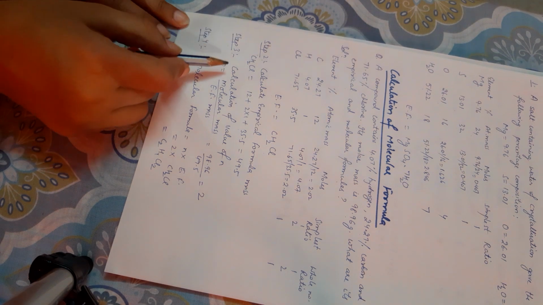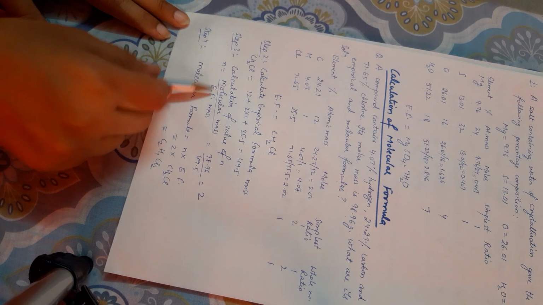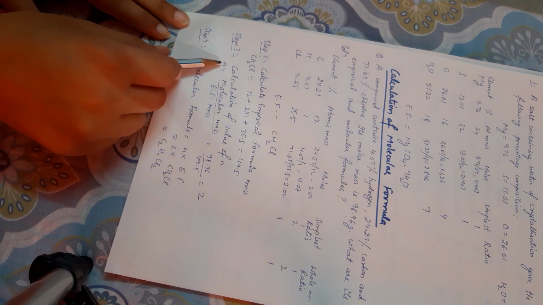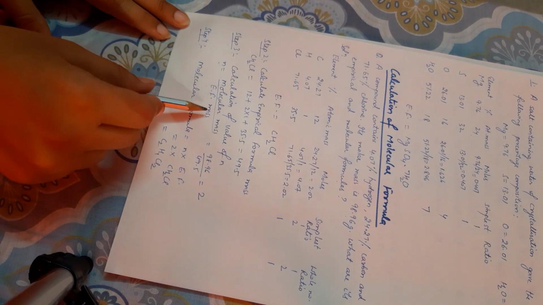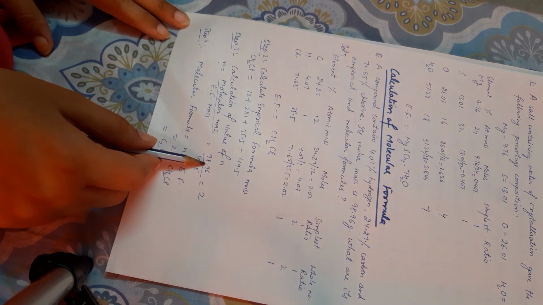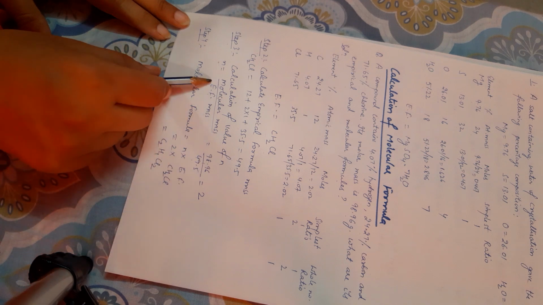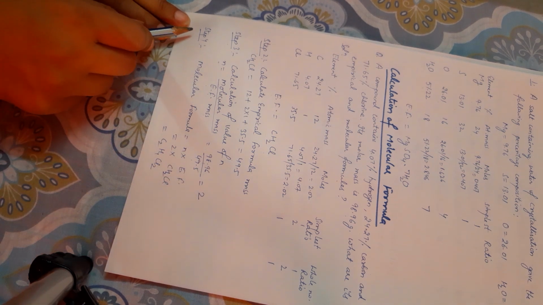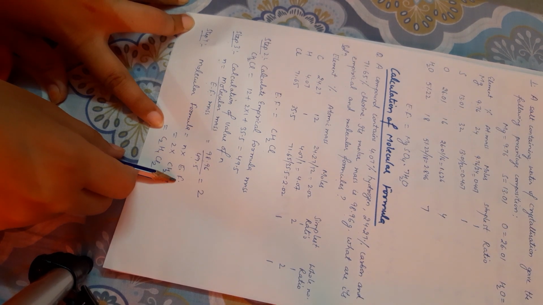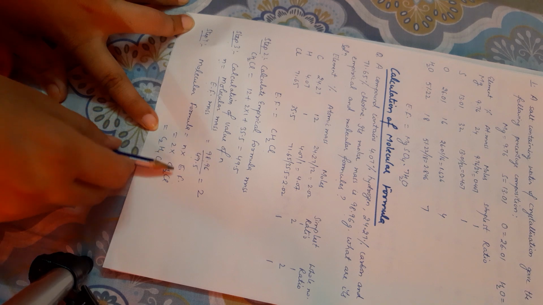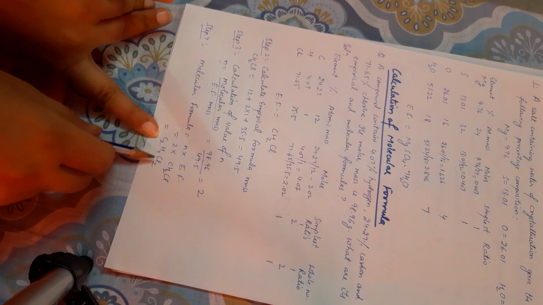Then step number 3, I have discussed that molecular mass is equal to N into empirical formula mass. So we will calculate the value of N. N is equal to molecular mass divided by empirical formula mass. Molecular mass is given 98.96 and empirical formula mass we have calculated 49.5. The value of N comes out to be 2. Step number 4 is molecular formula: N into empirical formula. This we have discussed yesterday. N is 2, empirical formula is CH2Cl. So molecular formula comes out to be C2H4Cl2.